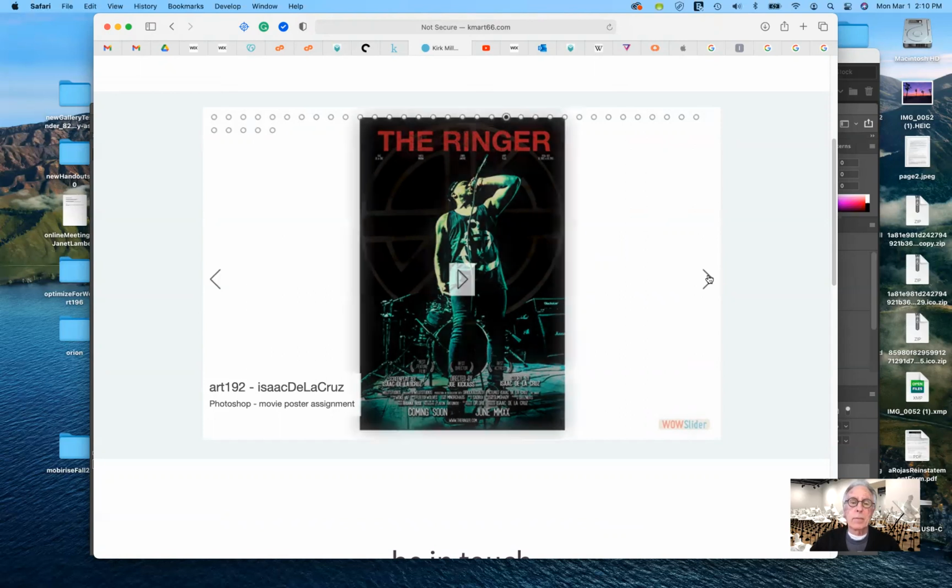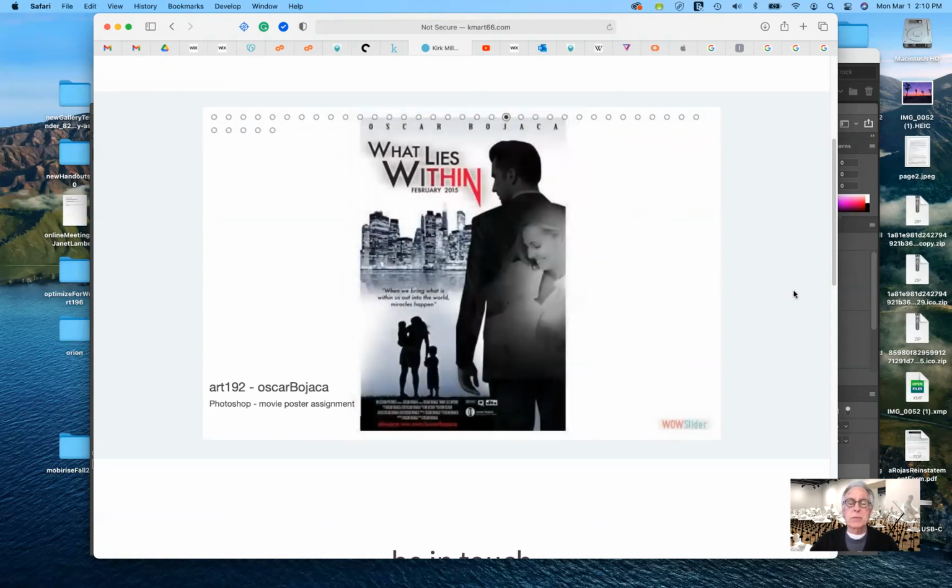In fact, I think one of them that I have here is pretty close to being a black and white poster. So with this one, Oscar pretty much wanted to deal with the concept of his family and its importance, how it's important to him. I think what really strengthens his poster are two things. One is that he's used the image of this fellow, and it's not him, it's representing him though, in silhouette, and then placing his wife, who isn't his wife, inside.